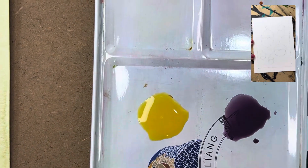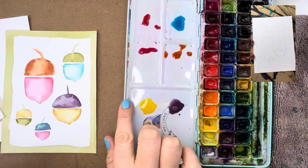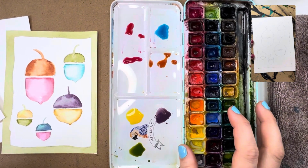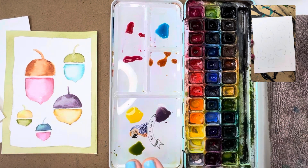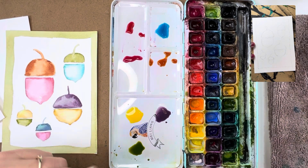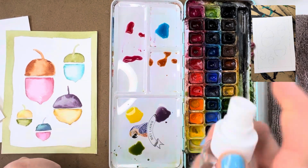So we do have our puddles. Let me zoom out here. Our puddles on the left, our paints on the right. We're going to work from both of them today, and I'm going to talk with you about water control and how to take back control if you need to, and our balance of paint and water. What I'm going to do though is take this spray bottle, and I'm actually going to spray